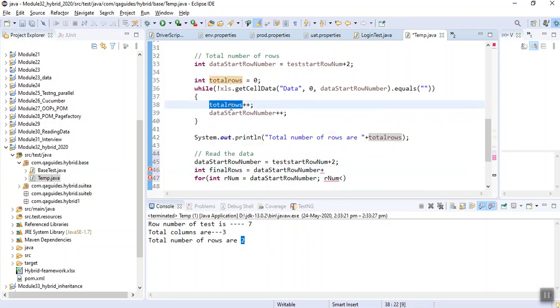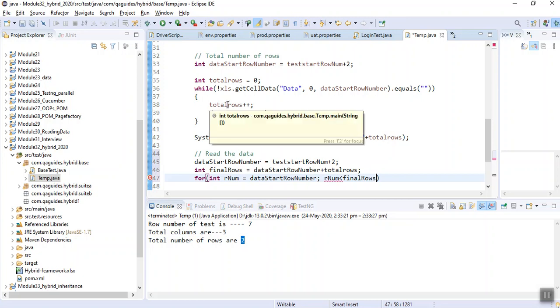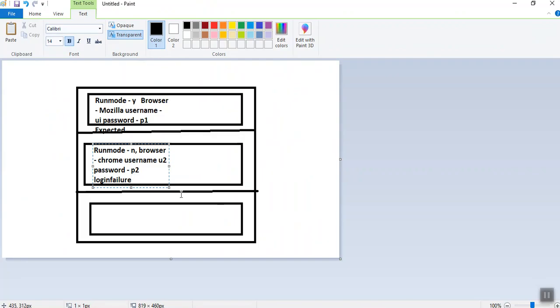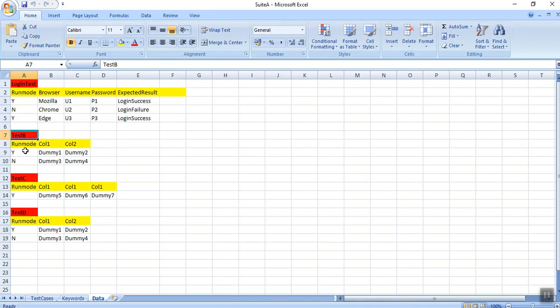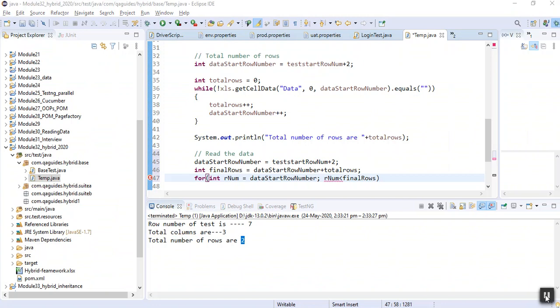Two were there. Plus two. So it will be less than final. Now total was 2, it was around say here 9. So it will be 9, 1 and 2. Getting the things. And we can put the semicolon and increment the row number.